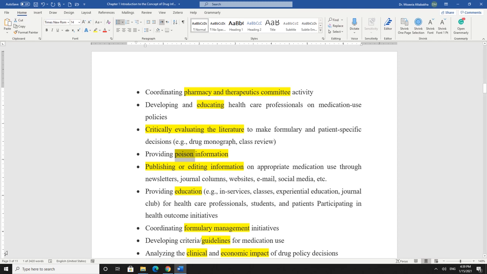Okay, another important thing is publishing, as well as editing information. That means if I give you a piece of paper with an article and tell you to edit it, you should be able to edit the information and make it professional. This is a very important thing, and from now I'm telling you, I need each one of you to prepare a mini review.